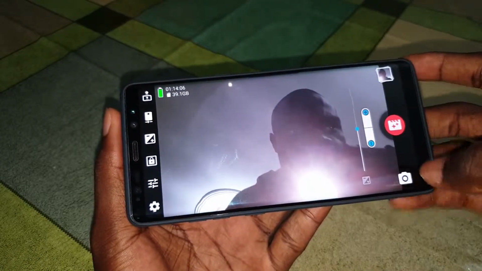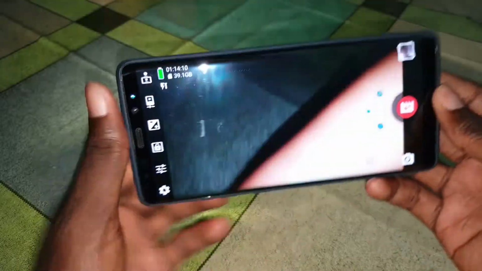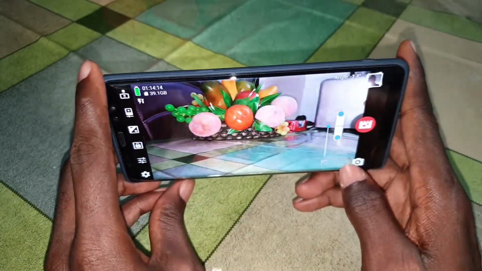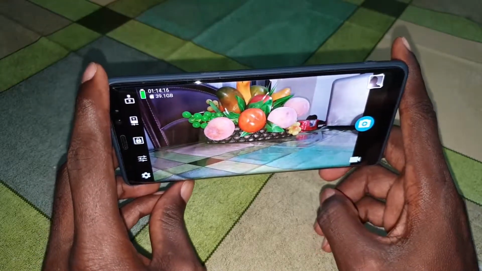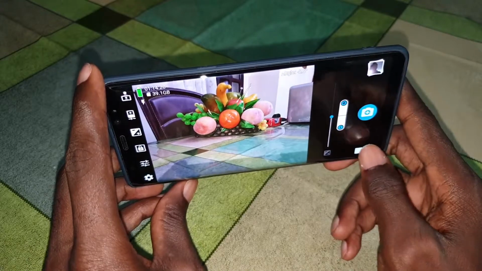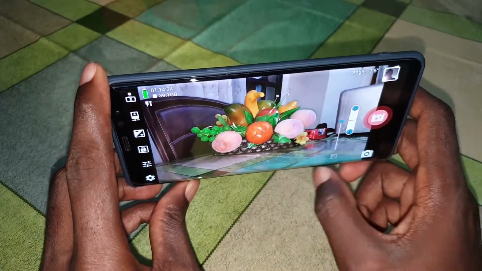And when you turn your camera again, you can see your beautiful photos here. Let's go on photo. Okay? Before doing that, let's go on video first. And you can record.